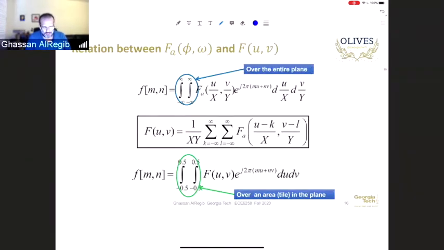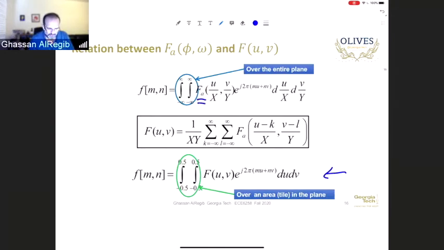from the first equation, I'm doing integration over the entire two-dimensional plane, the entire plane of mu and nu, and I'm getting some quantity. In the second equation, which is at the bottom here, I'm doing the integration over one tile. So in a way, this one tile in this space in the second equation is having all the energy and the quantities that are there on the entire two-dimensional plane once it's defined over